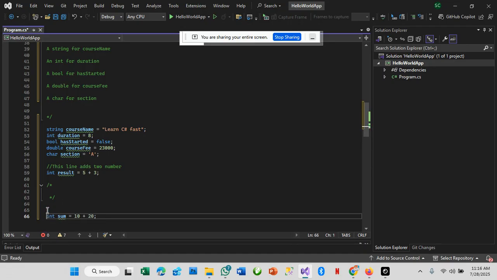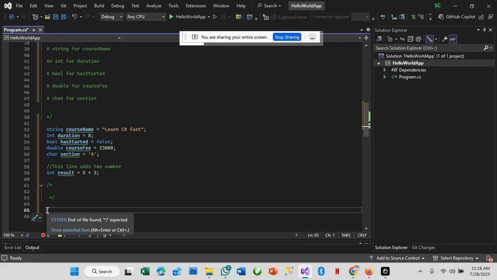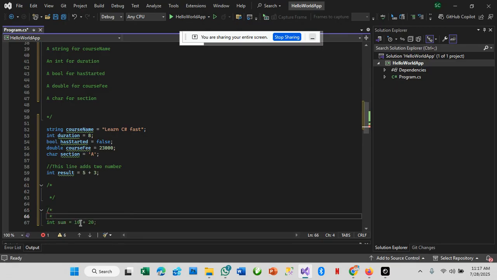So on top of the code, maybe I can put a multi-line comment. Let me start over again. If I want to put a multi-line comment on this, I'll say forward slash and a star, and I'll end it with a star and a forward slash. So now in between this, I can just say this